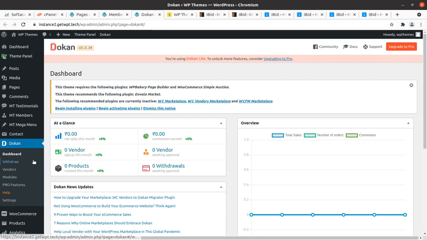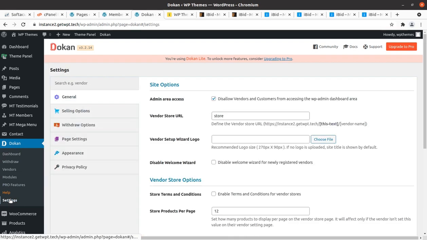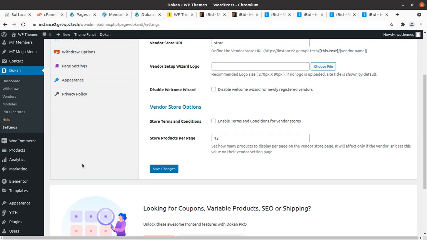And this is the Dokan dashboard, and you need to go for setting Dokan for multi-vendor facility, and you need to put in all these credentials. So this can be done at your end as required. You can find other videos on YouTube on how to set up Dokan. I am not going to explain it in this video.